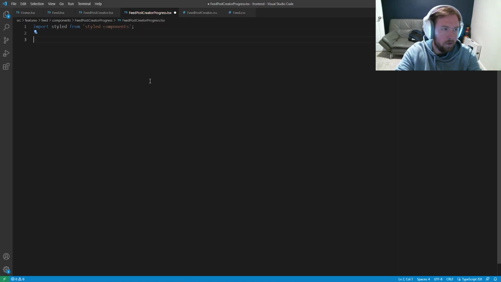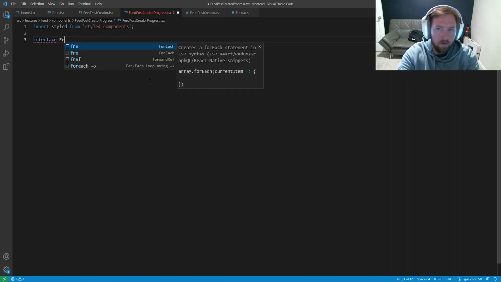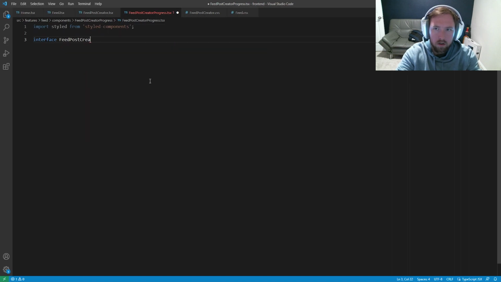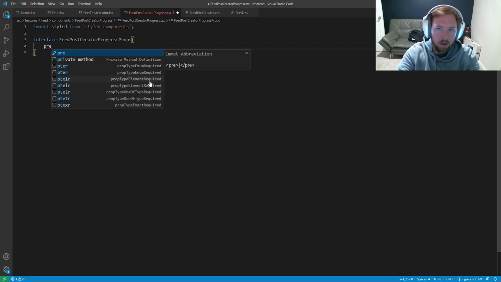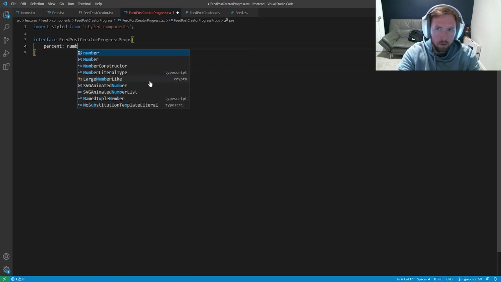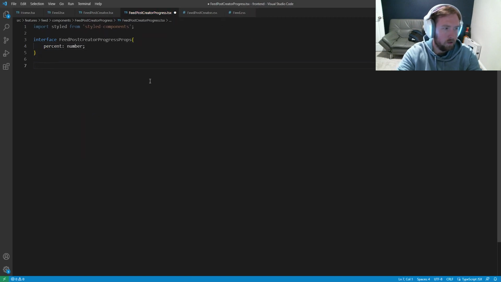All right, so now this is going to import styled from styled components. Save that again. We're going to have an interface, and this is going to say feed post creator progress props. And this is going to have a percent, which is a number. All right, we're going to export const feed post creator progress